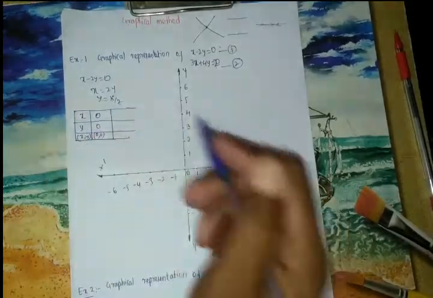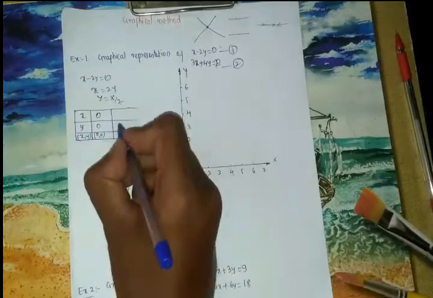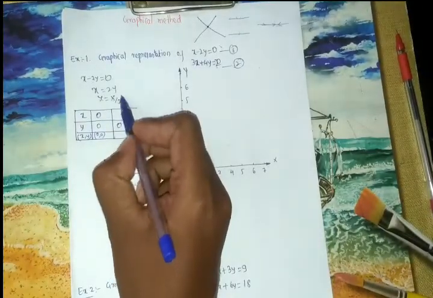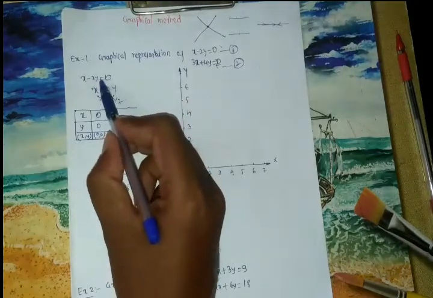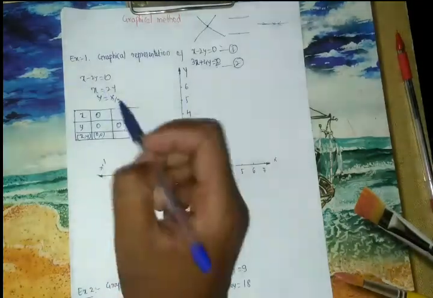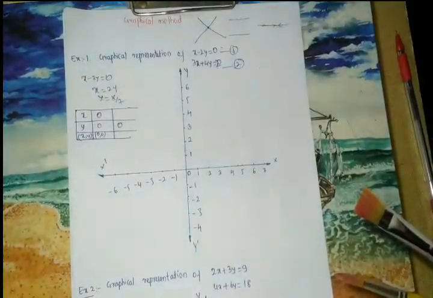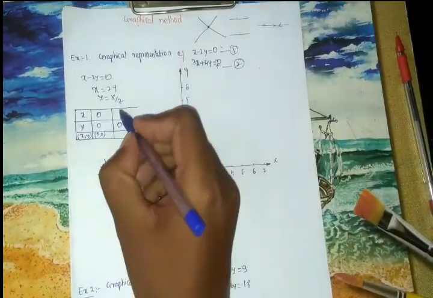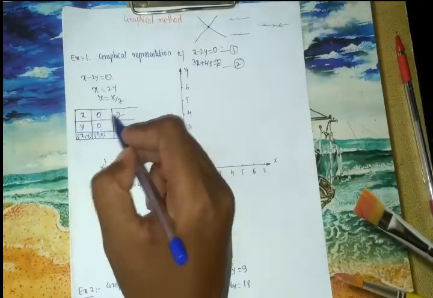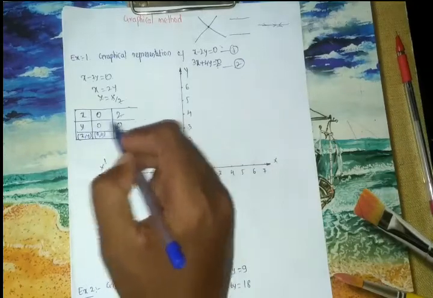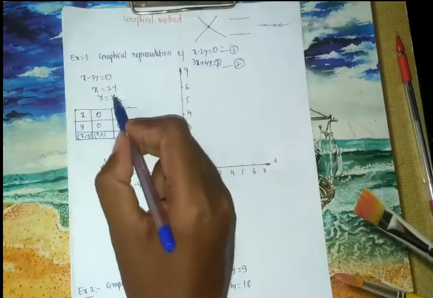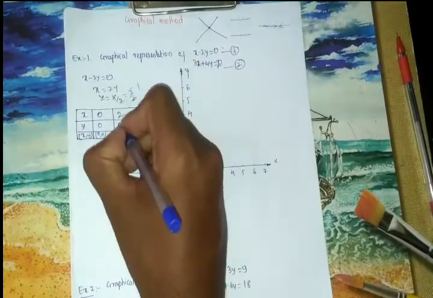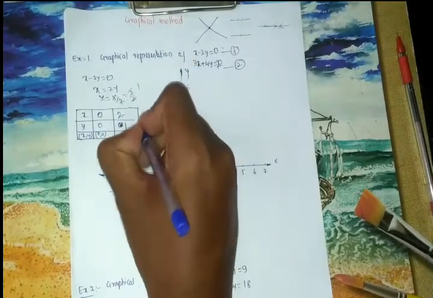Similarly, now I will put the value of y as 0. Let me instead put the value of x as any random value. You can put a value of x and try to get the corresponding value of y. So when I put the value of x as 2 here, it will be 2 by 2, which is 1. So we are going to get y as 1.